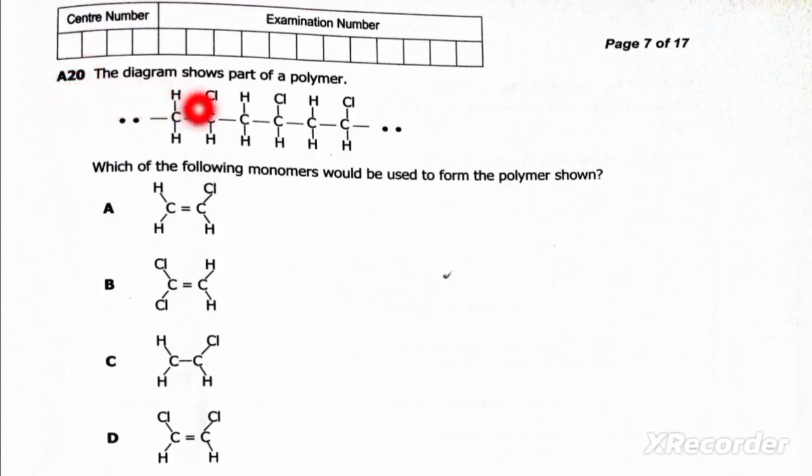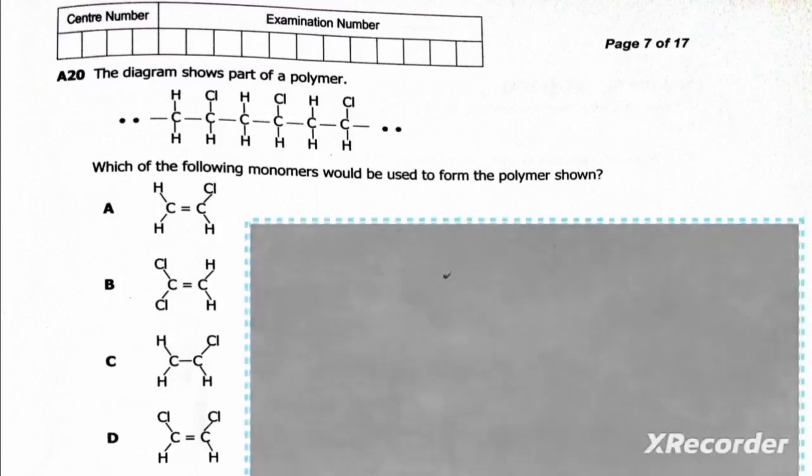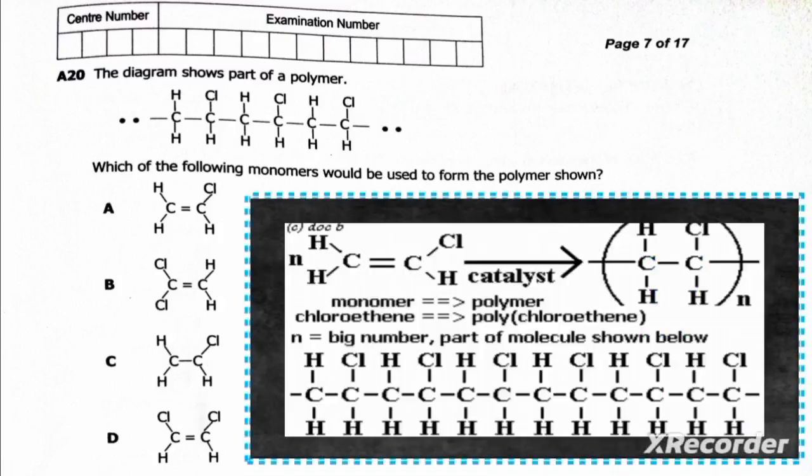The diagram shows part of a polymer. Which of the following monomers would be used to form the polymer shown? Okay. So we have seen that here we have chlorine, hydrogen, chlorine, hydrogen, chlorine, hydrogen. So therefore, the suitable monomer that can be used to form this polymer is